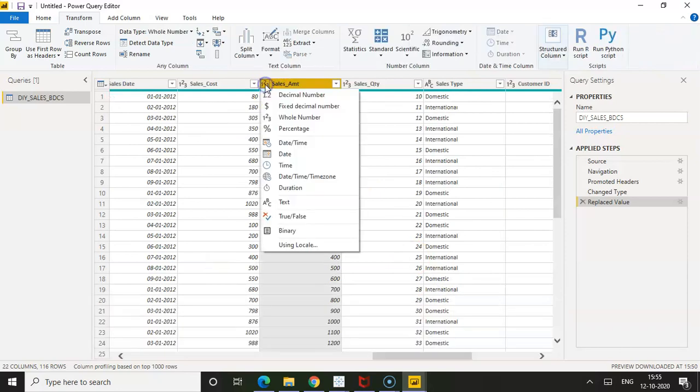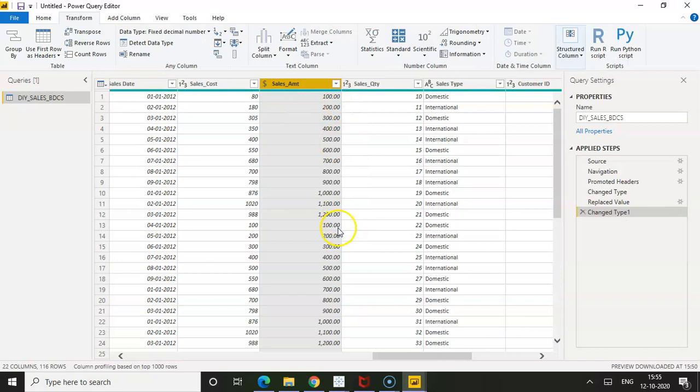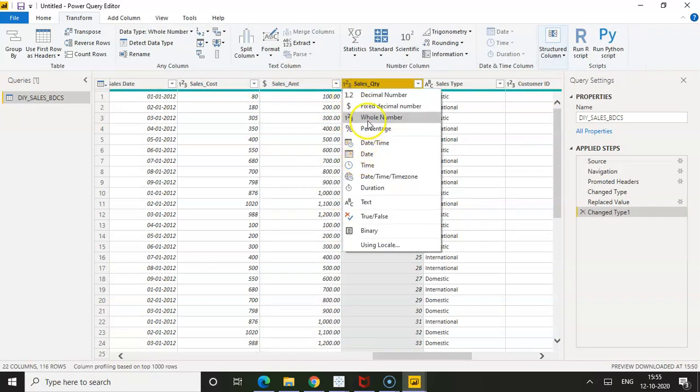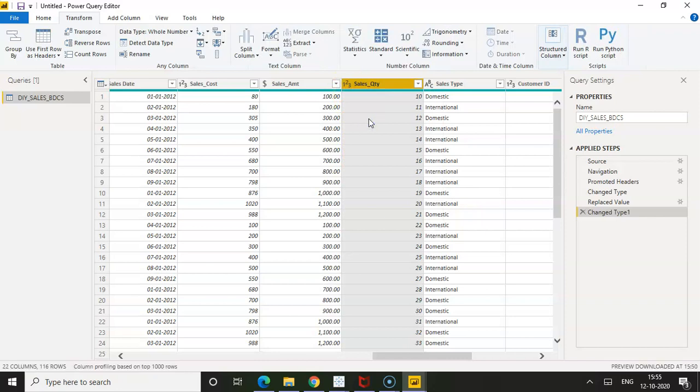Say the sales amount, if I want to fix the decimal values, I go for the fixed decimal value. Whatever changes I am applying here will be automatically applied, and those changes are captured in the applied steps. It will be a reference to check what changes we have made on the original source, and this is going to affect only this particular data which we have connected, but not the original source.